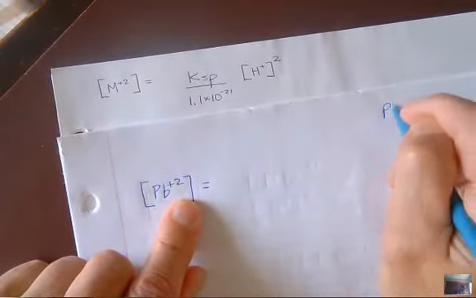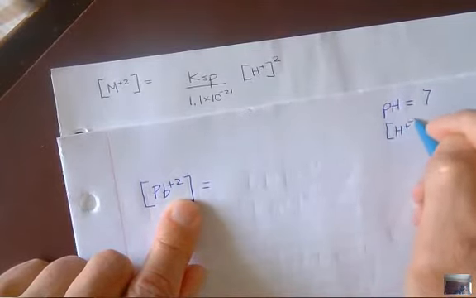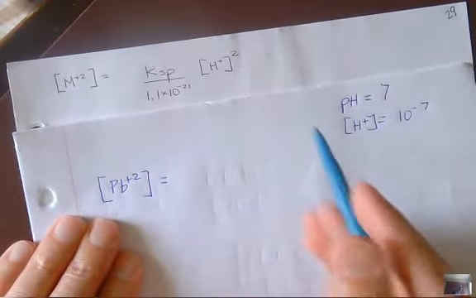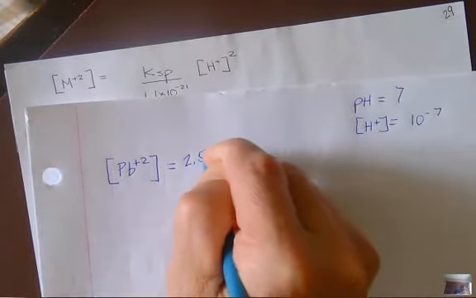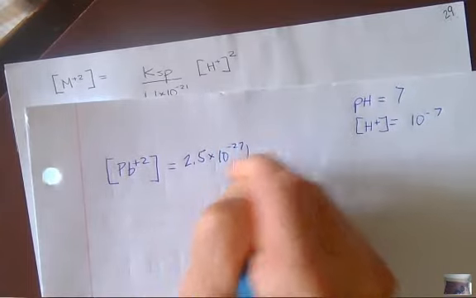Okay, so pH of 7, right, corresponds to a hydrogen ion or hydronium ion concentration of 10 to the minus 7th. Everybody's good with that, right? So that's what's going to get plugged in over here. Let me look up the KSP for lead sulfide. All right, we need to get the lead out of the water. So the KSP, I think that's 2 pages back. The KSP for lead sulfide was tiny. Good. The smaller the better. So this is a very good way to make sure that you've gotten all the lead out of the water